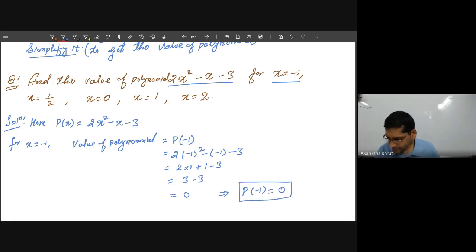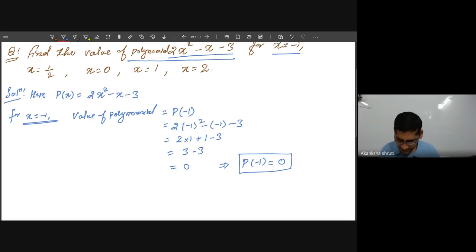Students, when the value of the polynomial is 0, it is called a zero. We have not learned those zeros yet. Yes, the value of the polynomial is acting like a zero polynomial, but the given polynomial itself is not a zero polynomial, because the zero polynomial is always fixed, its degree is not defined, and its value itself is 0. So such a value of x where p(x) becomes 0 is called a zero. So x equals minus 1 is a zero of this polynomial. This we will learn later, but first understand.